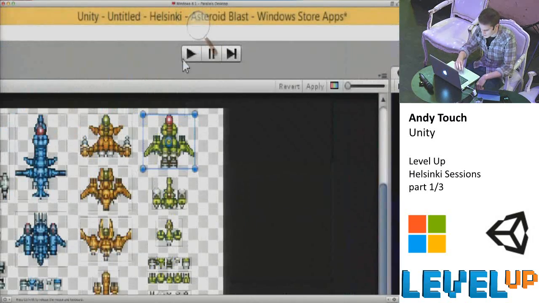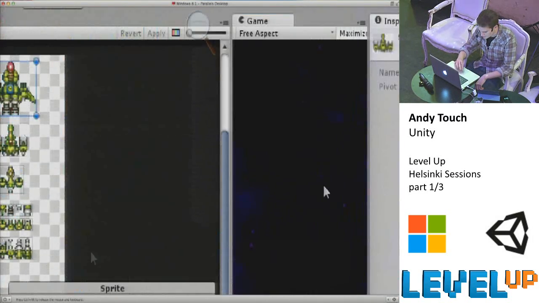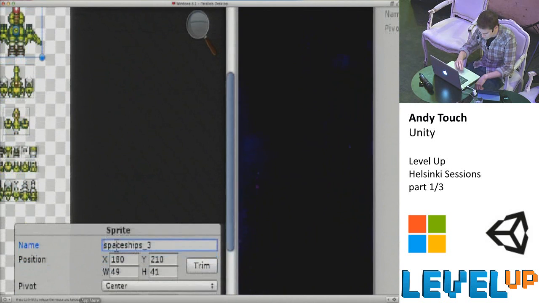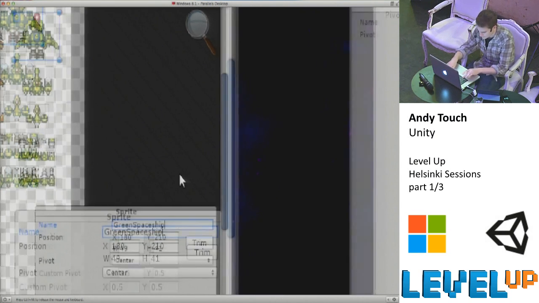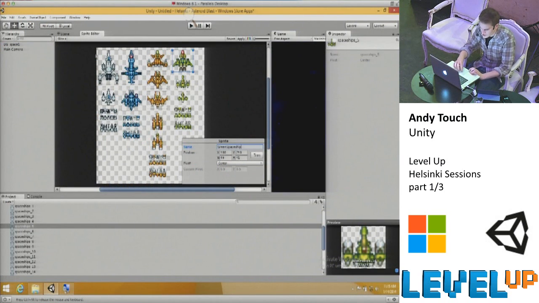So I'm going to pick the green ship. So I'm basically going to say, you are no longer spaceships_3, which sounds horrible. You are now green spaceship. Cool. So what we have to do every time we edit from here is just type in the name, click